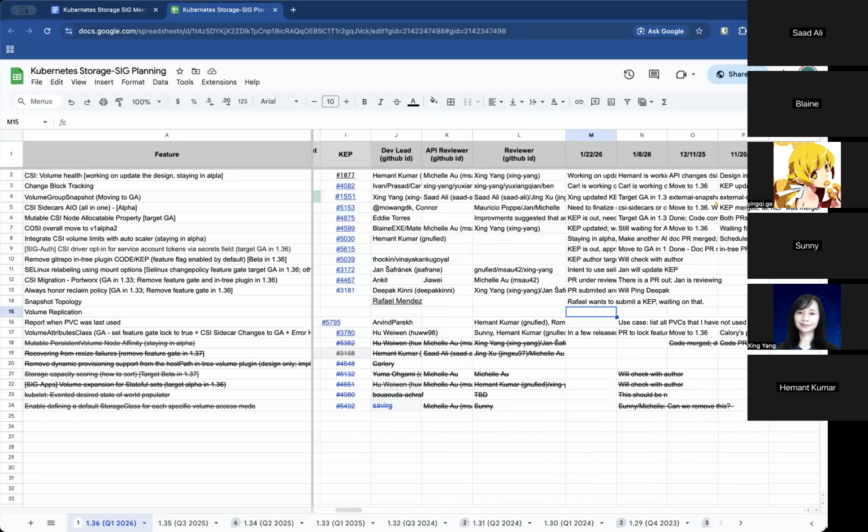So I added this item last time, and Martin is in the call today, so that we can start discussion. I think yesterday at the Data Protection Working Group, we briefly talked about this. I think Martin couldn't join yesterday. So do you have any comments, Martin? Or will you be able to join the next Data Protection Working Group to talk more about this? Does that time work?